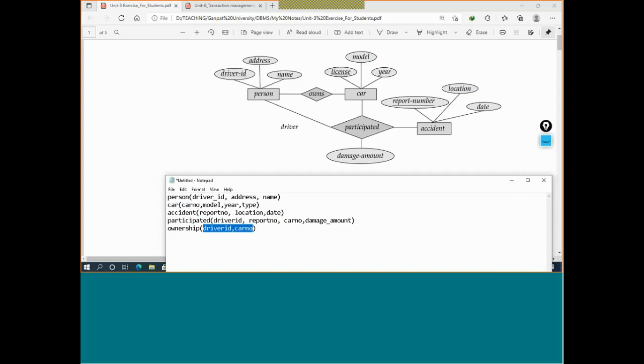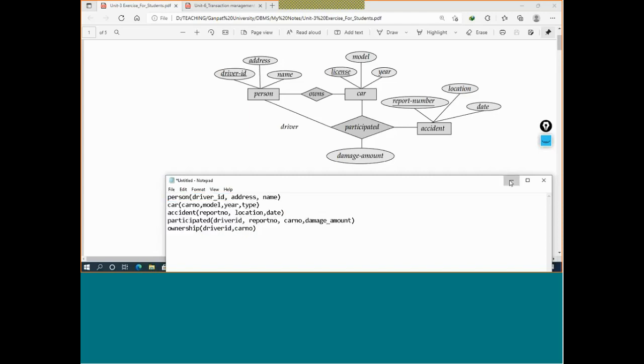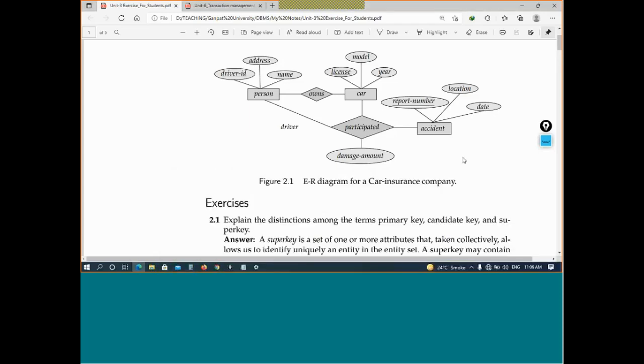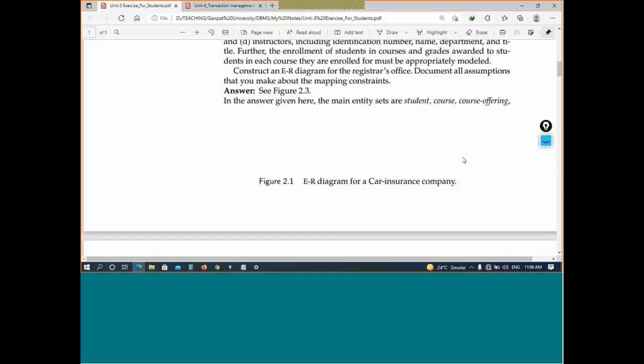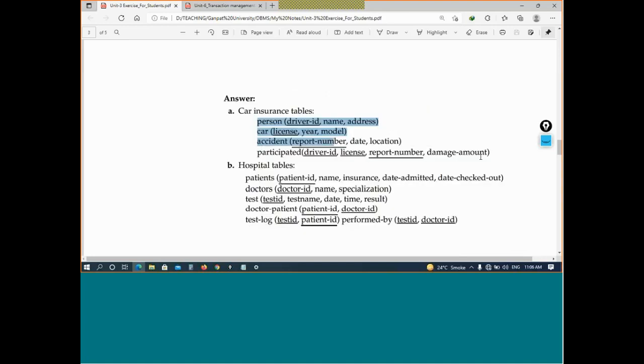Okay. So here 5 tables have been created. If you see here, the author has created 4 tables, I think, but according to our thinking, we need 5 tables. So we will create them here. Similarly, we have created 5 tables. Here it has been created 4 tables.